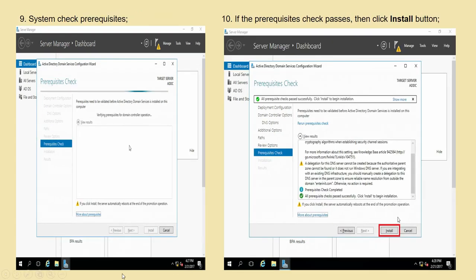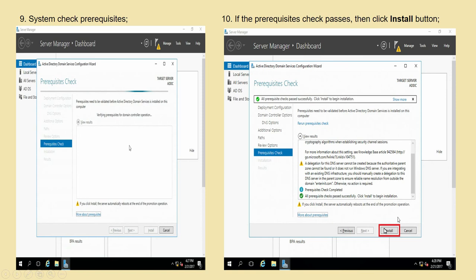Now after that, the system checks prerequisites. If the prerequisites check passes, then click on the install button. So after completion of this, you have to click on install.